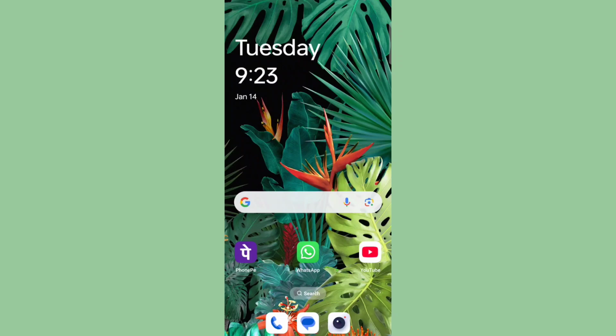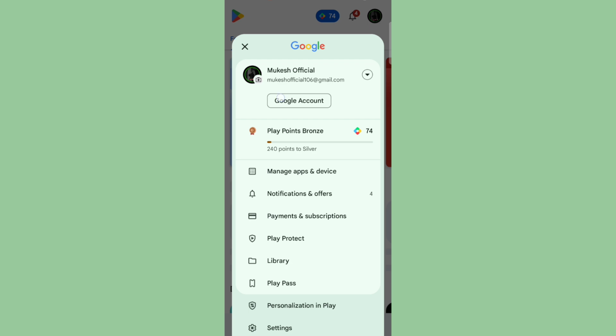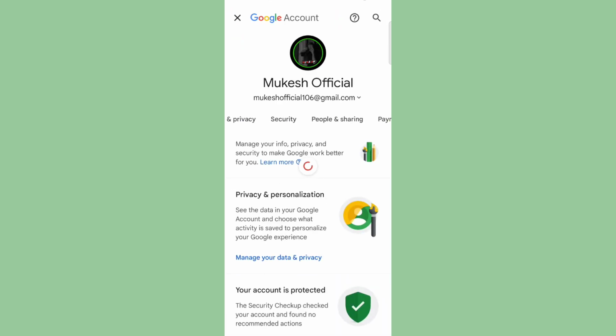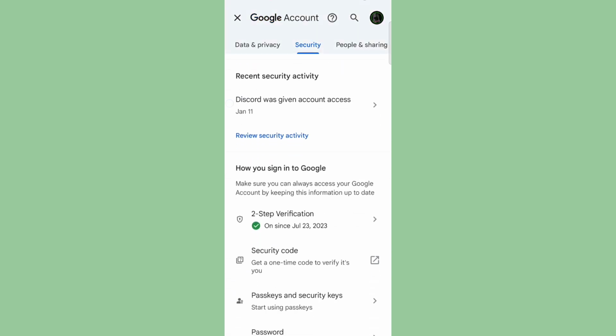Today I will explain how to remove a YouTube account from another device. So first, open the Play Store, then click the profile icon and open your Google account, scroll down, and you will see an option like Security. So click here and scroll down